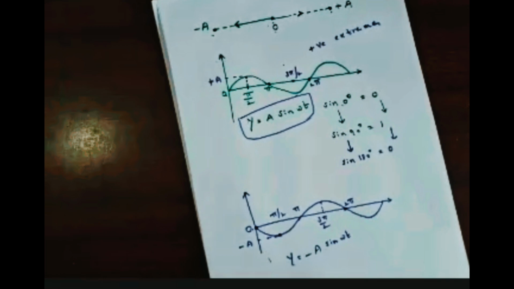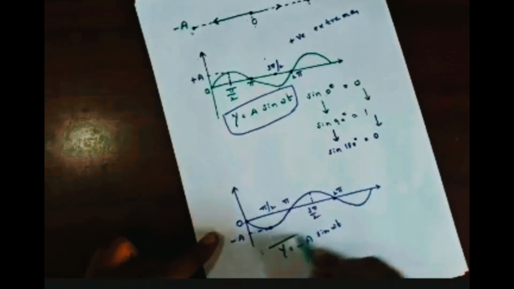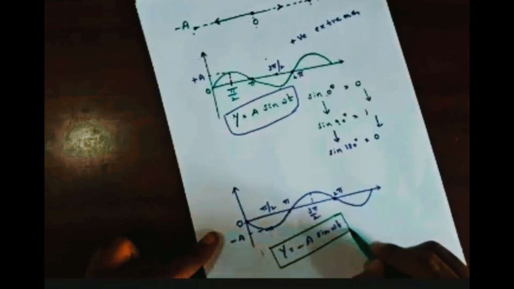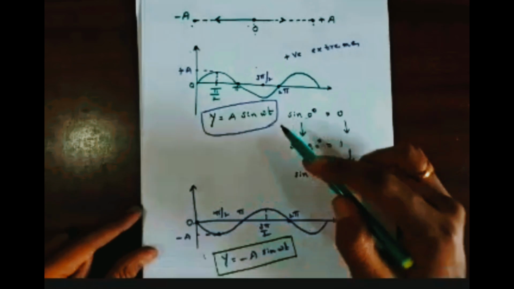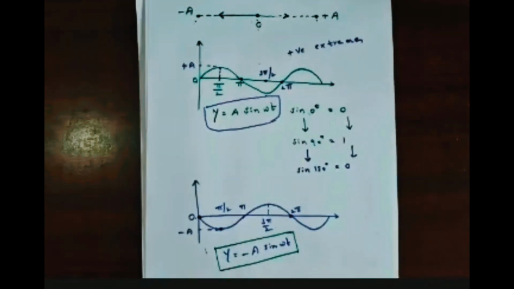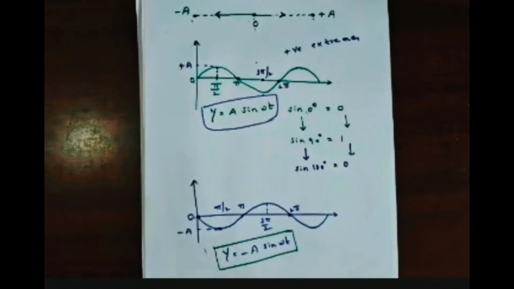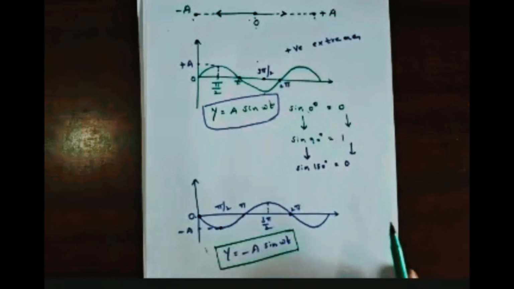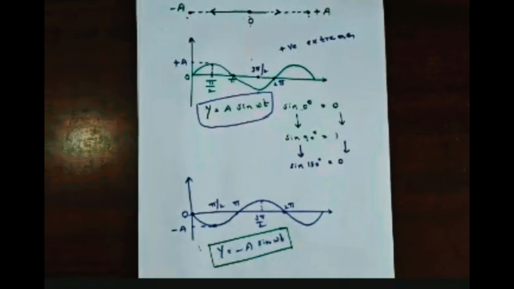So here, if any particle moves from mean position to the positive extreme, then take the formula y is equal to a sine omega t. If any particle moves from mean position to negative extreme, then we consider it as y is equal to minus a sine omega t. Okay, now